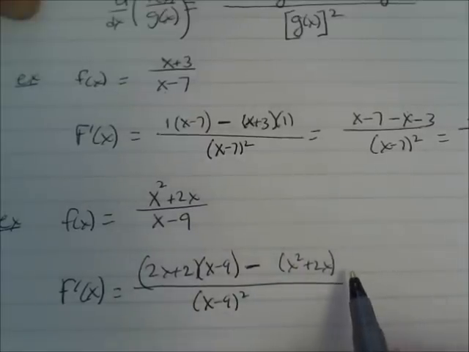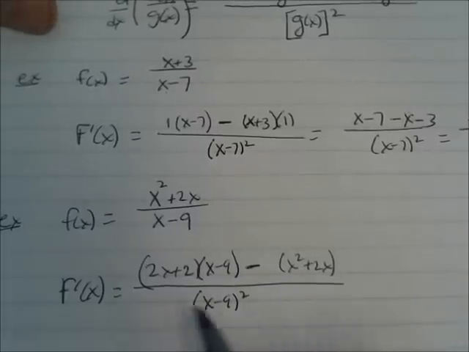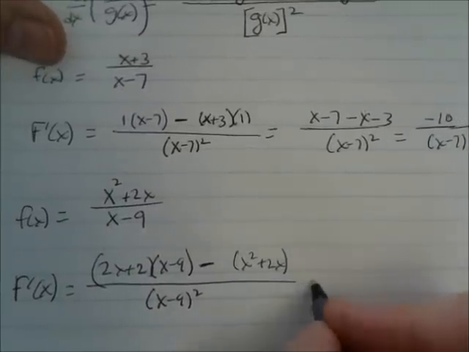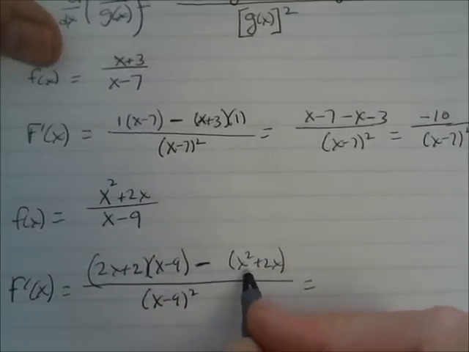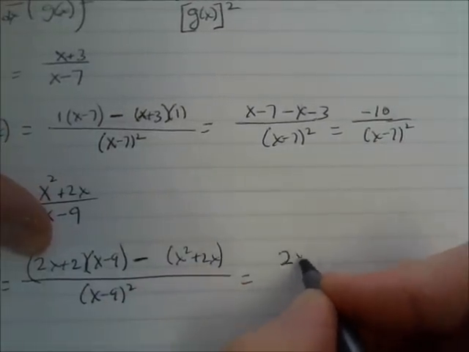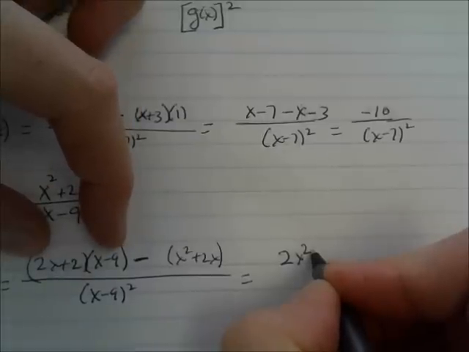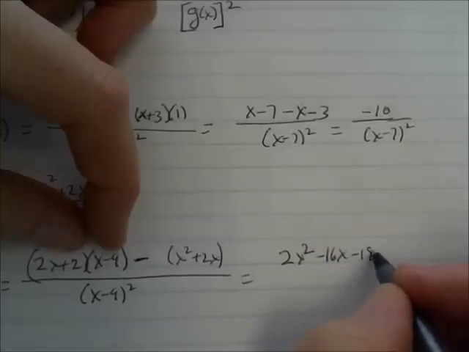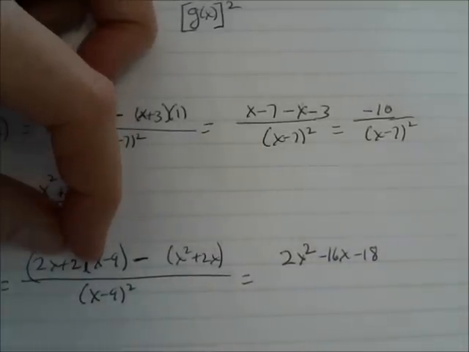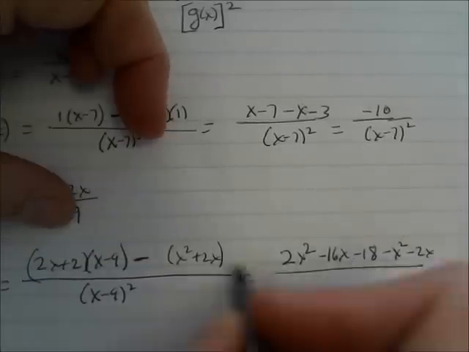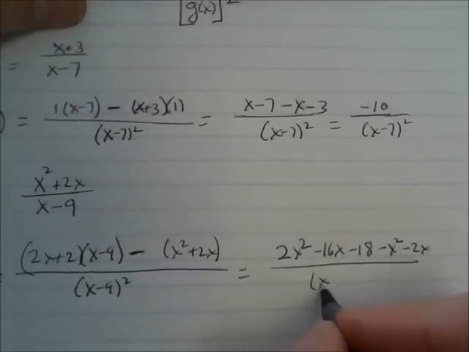Usually we'll clean this up a little bit, because every once in a while we'll be able to cancel something out, or maybe make it simpler if we want to find maybe f prime of 4 or f prime of 7. So what I'm going to do here is FOIL this and subtract out the x squared and the 2x. So when you FOIL this out, you get 2x squared minus 18 plus 2 is minus 16x minus 18. That would be the top FOILed, and then you're subtracting out an x squared, subtracting out a 2x, because you distribute the subtraction, all over x minus 9